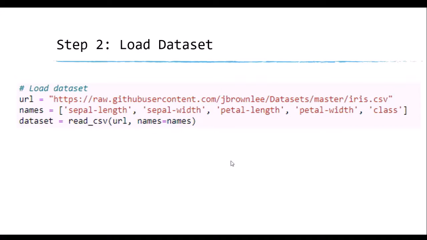The next step is to load the data set. Here we have taken the data set from the internet itself. Either we can directly load the data set from the server, or we can download this particular CSV file to our local folder, and from that local path we can also import. This data set contains 5 columns. The first is the sepal length, then the sepal width, the next two are the petal length and width, and finally the class, to which class this particular flower belongs.